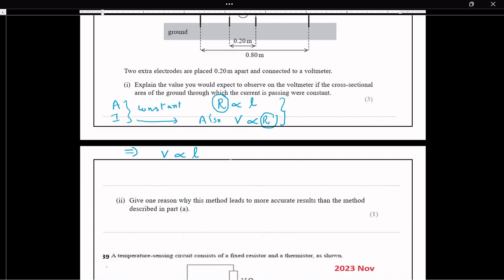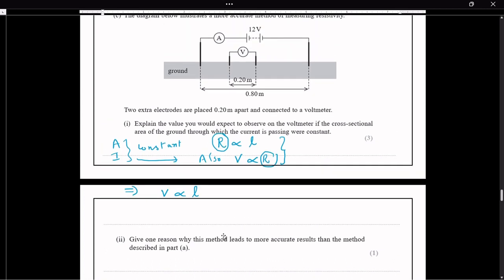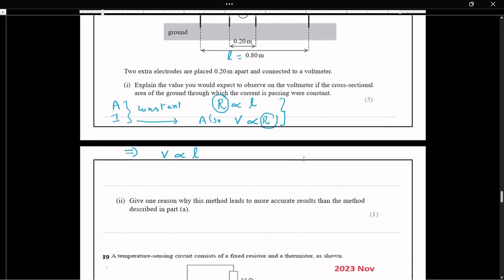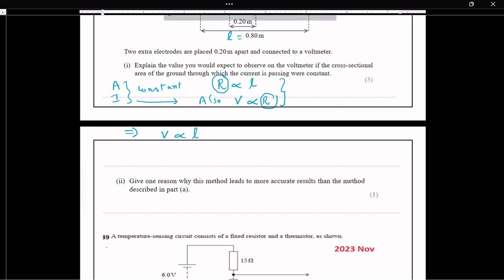So here, for the first R value, the voltage is first length. First length between two electrodes, the voltage is 12. Therefore, for 0.2 meter length, what is the new voltage? This is what we are going to calculate. So we can write it as new voltage over